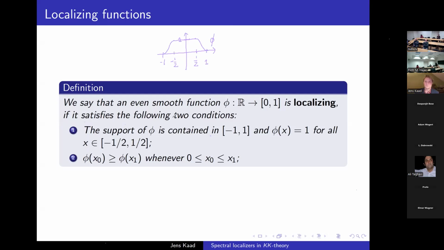I'm confused about the condition number 2. How is it possible? It's growing and then it's decreasing. So it's only when the inputs are non-negative. Okay, only decreasing, yes. Thank you. Of course, yes. So that makes sense, I hope it makes sense. Okay, so we're going to use this localizing function to construct our replacement of spectral projections in this Hilbert C-star module context we're working in.